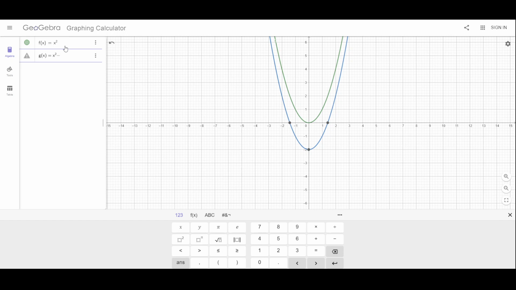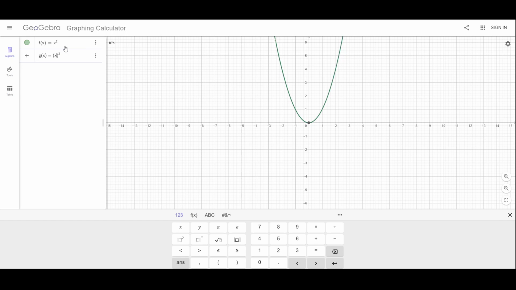If I want to shift it left or right, I have to do something to x before the function actually occurs. So what I can do instead is, if I take my x value and before I square it, let's say that I subtract 1 this time, what I will get is a shift to the right. The way that I think about this is that I'm taking my values, I'm plugging them in for x, but everything's going to happen 1 later than what it did before because I'm subtracting 1 from my x value. And so I could shift this over by 2 or by 3 or by 4,